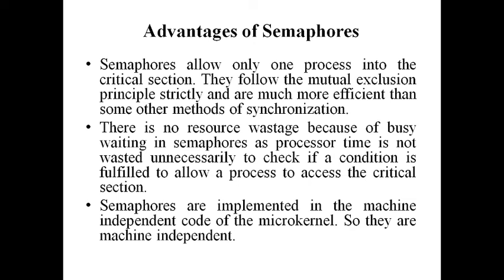When P1 enters the critical section, P2 will not try to enter, because P1 is already in the critical section. How will the remaining processes know that P1 is in the critical section? Because the atomic operation is performed. Now the value of S is only 0. When the S value becomes 1, then only the remaining processes will enter the critical region. So every time, P2 or P3 will not come and check whether some process is in the critical section or not. When the value becomes 1, the remaining processes will know that the critical region is free.